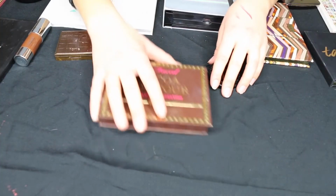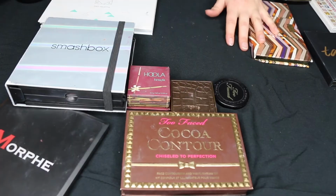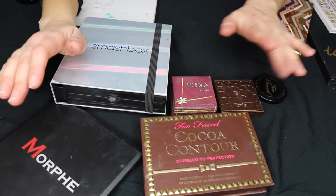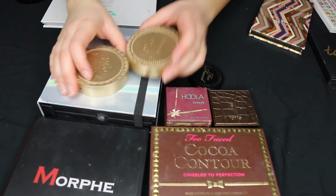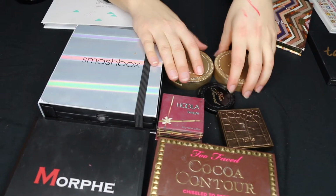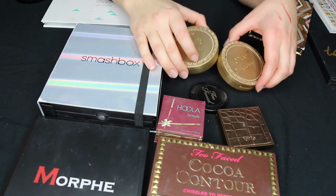I just want to show you the things that I'm planning on decluttering, which are just these items right here. So 1, 2, 3, 4, 5, 6. These are the 6 items I plan on decluttering before the end of the year. Oh, actually, no. I'm planning on decluttering the Too Faced bronzers. Wow. It's been a fun ride, Too Faced bronzers, but yeah, it's time to pass you on to a new